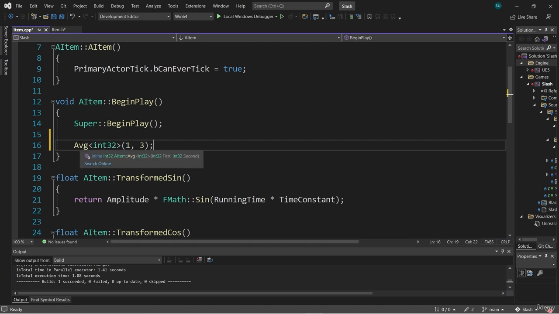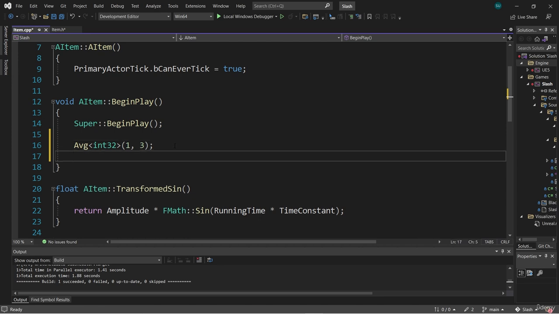And if we hover over average, now that we've specified int32 for that template type, we now have a new version of average that takes int32s. We can prove this with a UE_LOG. So we can say UE_LOG,